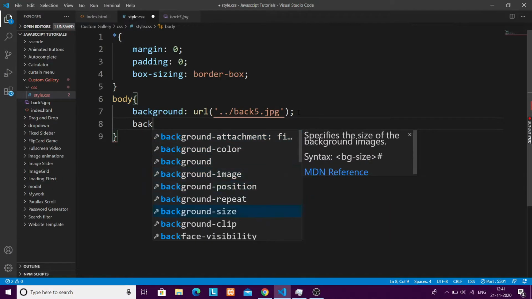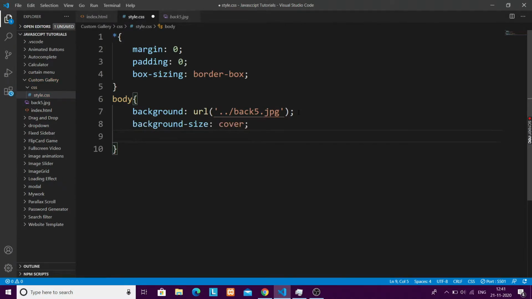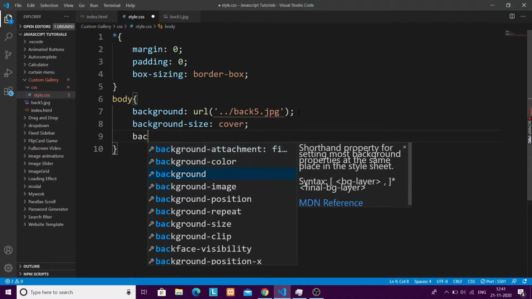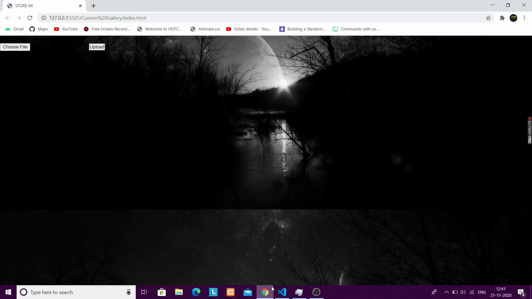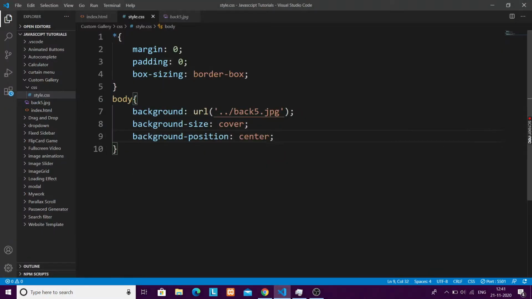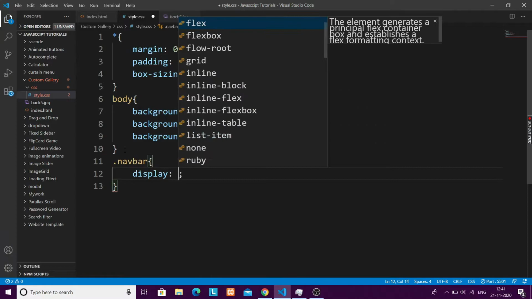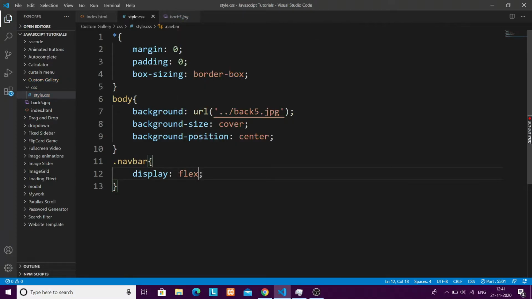And background-size will be cover, background-position will be center. I don't think I need to give background-repeat here. Now the navbar, the main class that I have given to the div,